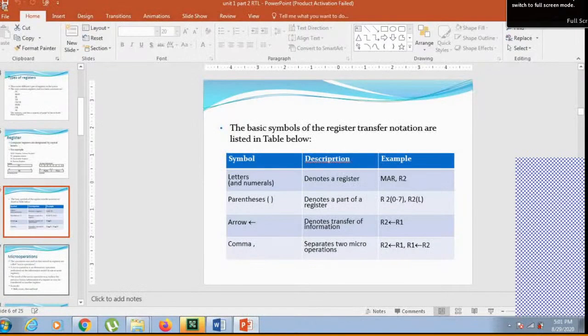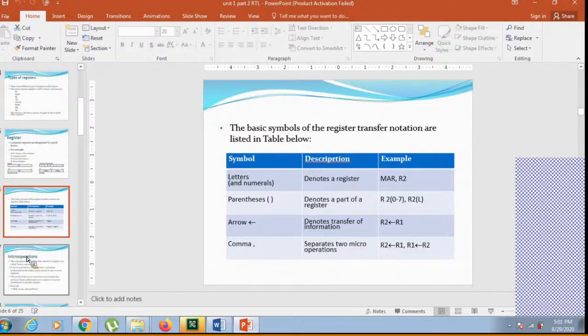If the size of a register is 16 bits, then its range is from 0 to 15. If it is of 32 bit size, then the range can be from 0 to 31, right? Now, whenever you want to specify the size, you can include the lower order bit at the right side of the rectangular box, and you can include the higher order bit at the extreme left side of the rectangular box. On the top of the rectangular box, you can